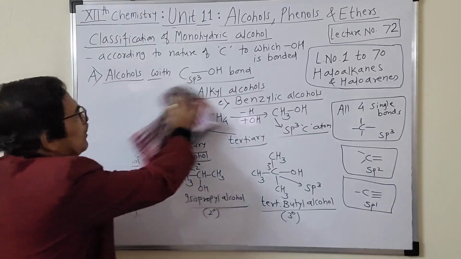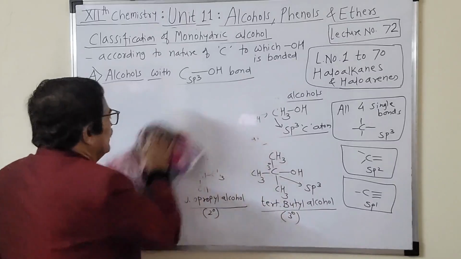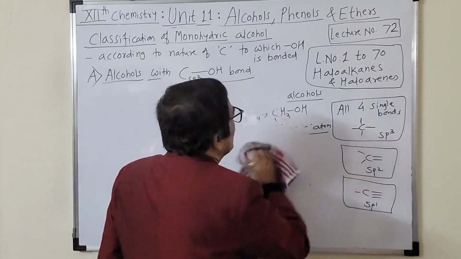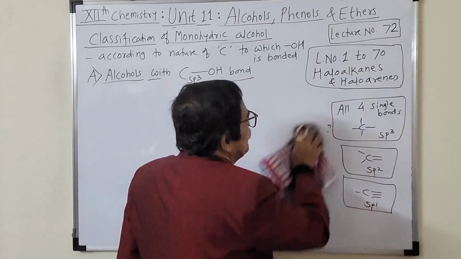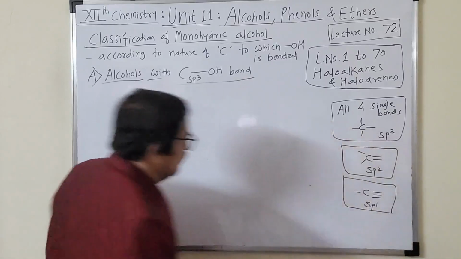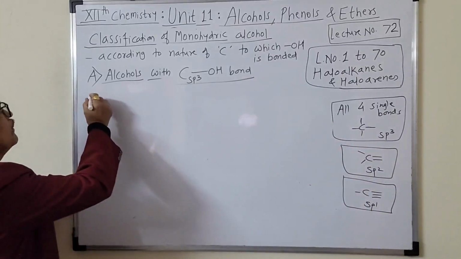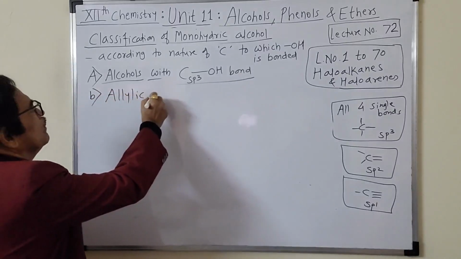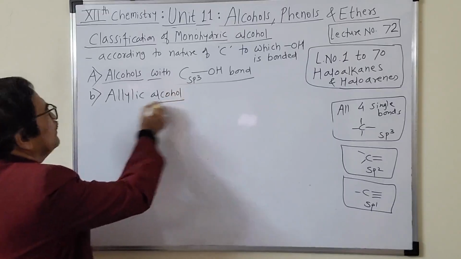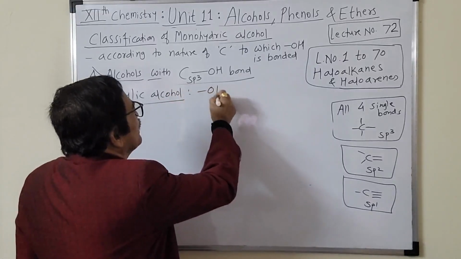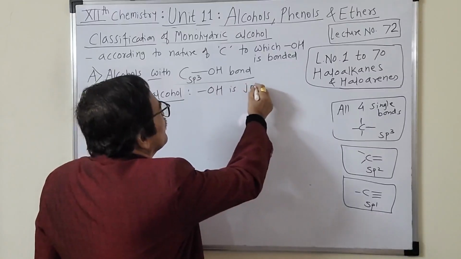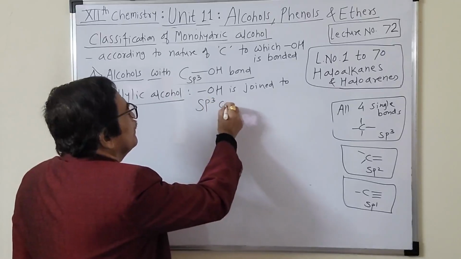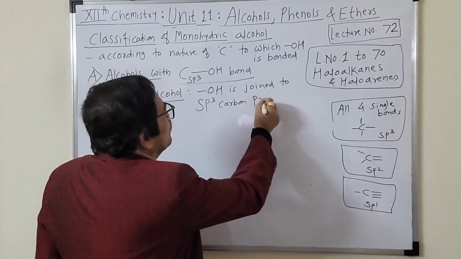Now the second class of the C sp3 group we shall learn, that is allylic alcohol. Now the allyl group you know very well. Allyl means here a double bond is present. This is now number B, allylic alcohol. So in allylic alcohol the condition is that OH is attached or joined to an sp3 carbon present next to